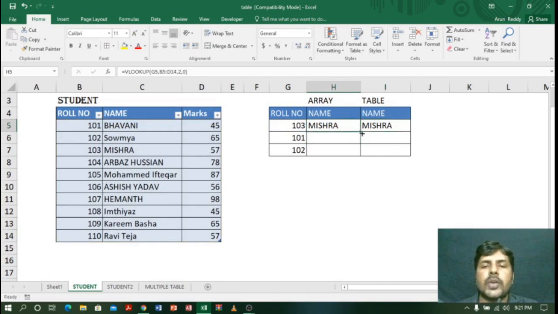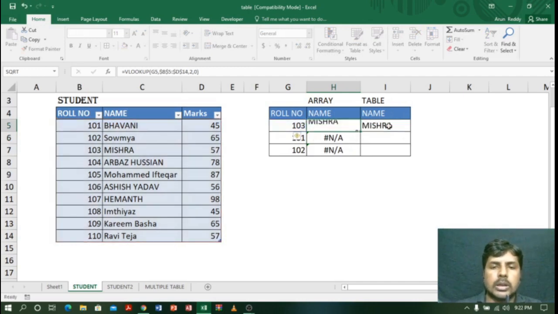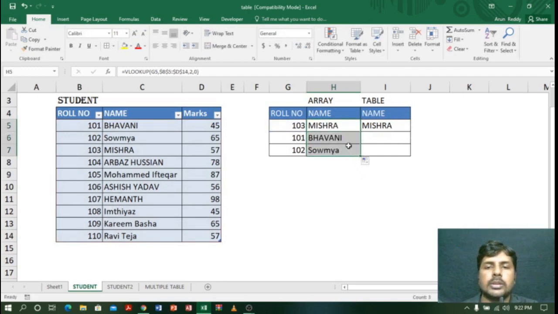Now suppose I drag down, let us see what happens. See, I'm getting an error. Why am I getting an error? Because I didn't lock the array, right? So let me lock it by using the F4 function key and click enter. Now let me drag. Nice, now I got the right answer, right? So 103 Mishra, 101 Bhavani and 102 Soumya.